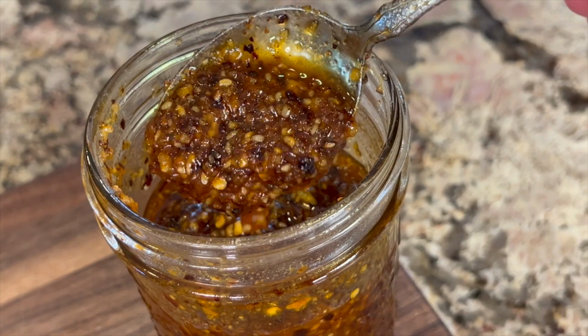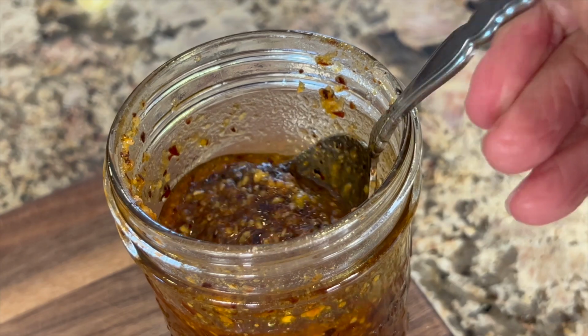And it's full of flavor, and it's got some nice texture from some peanuts and some other nuts, all of which are customizable. I'm Rockin' Robin, and I'm gonna show you how to make it